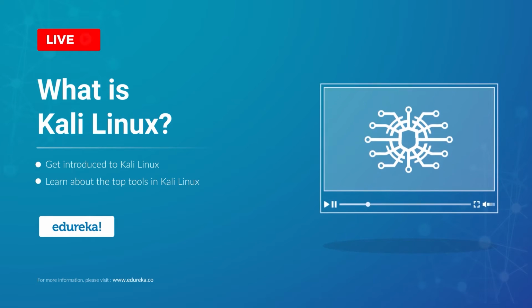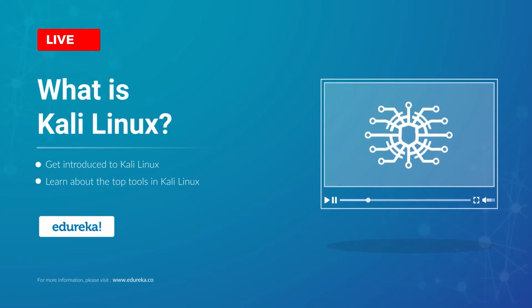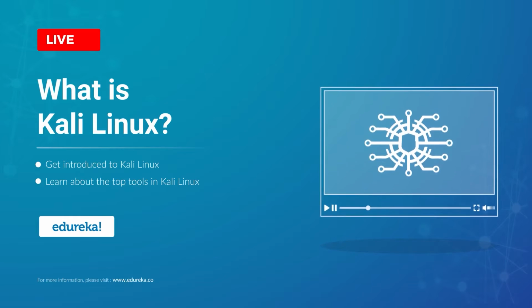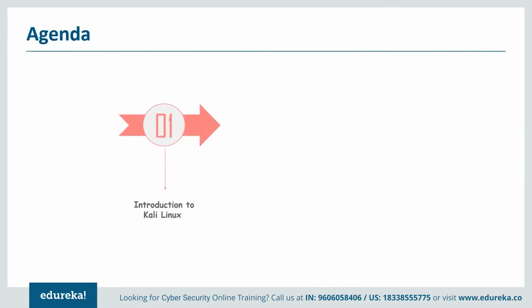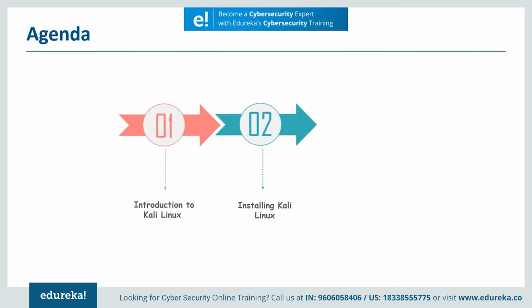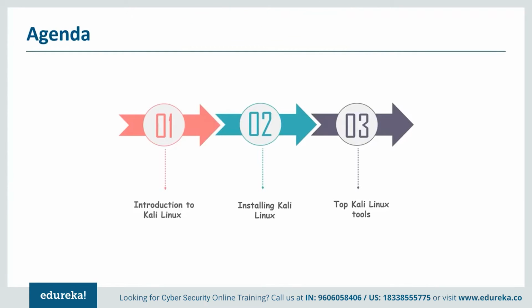So guys, without any delay, let's go ahead and take a look at the topics that we will be talking about today. We will begin by having a brief discussion on the history of Kali Linux. Then we'll explore different installation options offered by Kali Linux and also discuss the step-by-step procedure on how to install Kali Linux on an operating system. And finally, once we install Kali Linux successfully, we'll explore different Kali Linux tools to understand how powerful Kali Linux can be. I hope the agenda was clear to you guys.